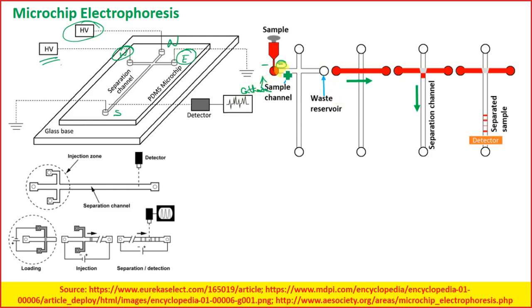So you'll be having the cathode over here, so negative, and this will be the positive. So intermittently this will be on. That means west and east, it will be on. Okay. Now what will happen, if you see, the electric current will move from positive to negative, or the anions will move from west to east, right? Now there is a chance that they may diffuse out into this separating channel.